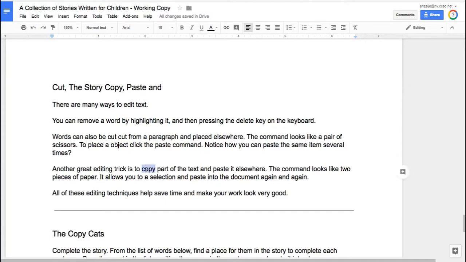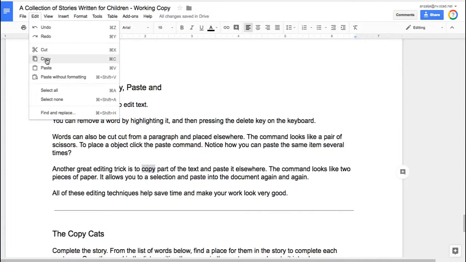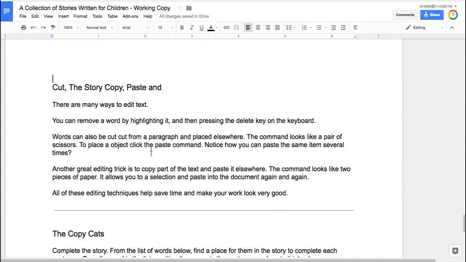So highlight or select the word copy, and right click, choose copy. You can go up to edit and choose copy. You can do Control C. But get that word copied, click behind it,